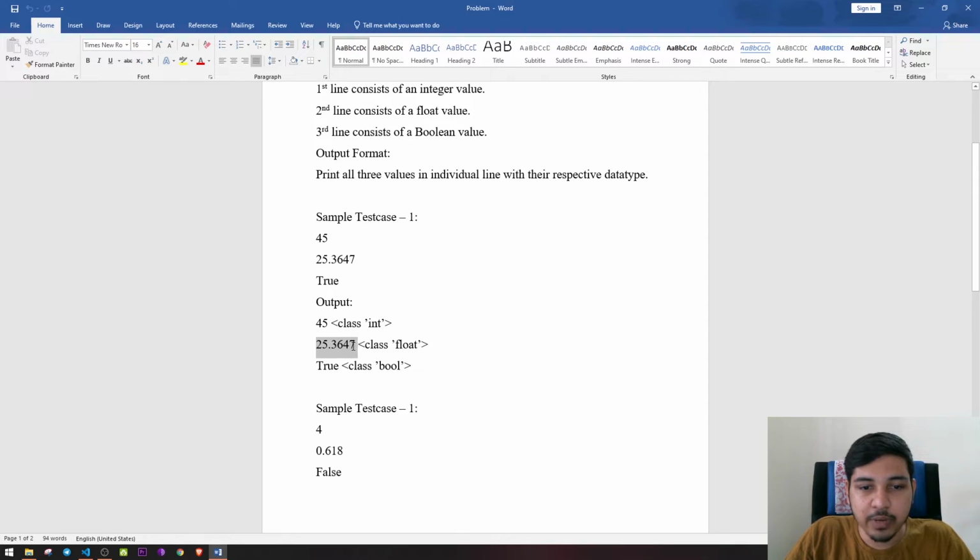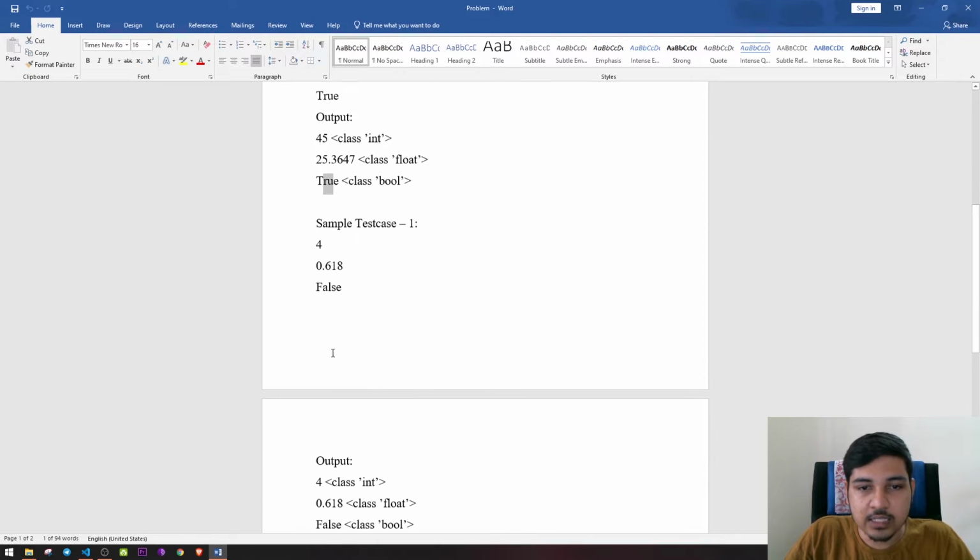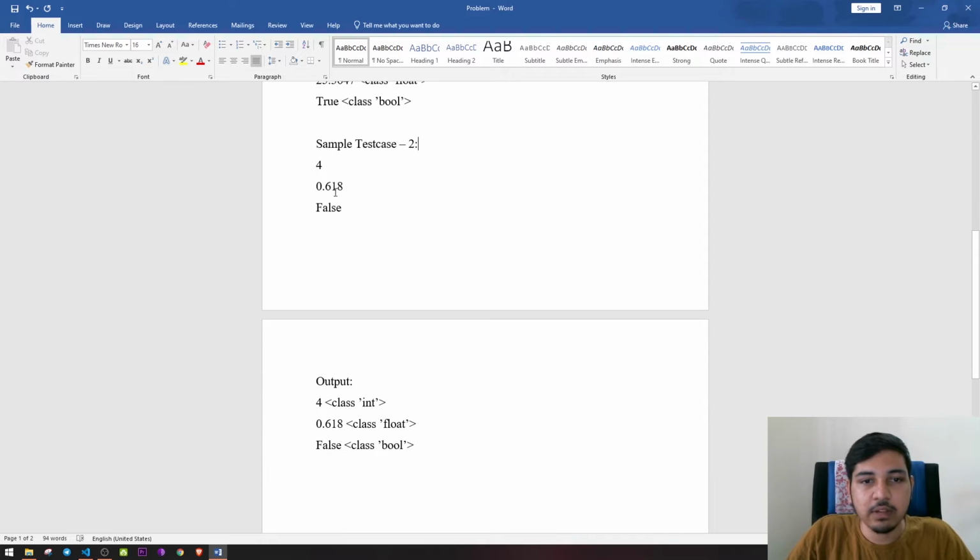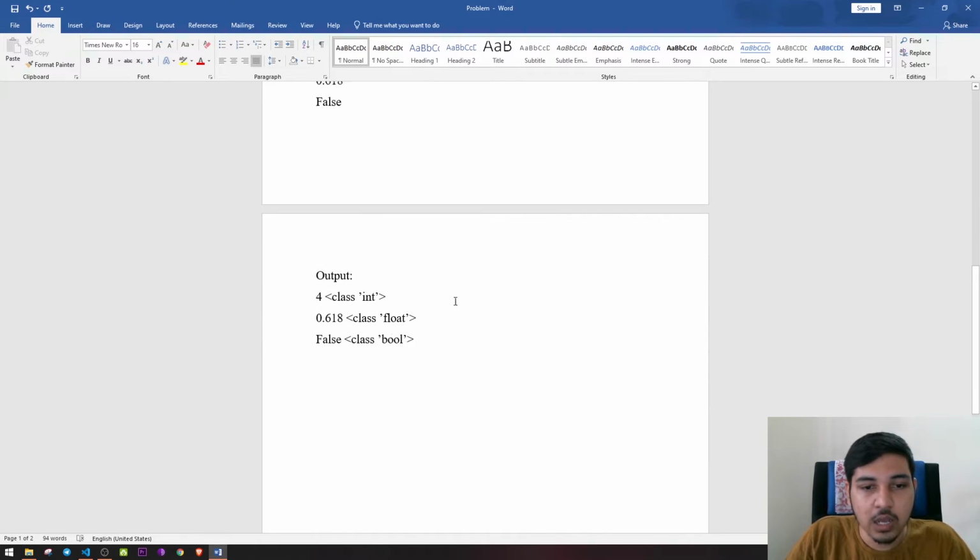In the same way, we print the float number and a space, and then the type of the float. Same way for boolean also. And if you see sample test case 2, the input is 4, 0.618 and false. So the output is as given: 4 class int, 0.618 class float, and false class bool.